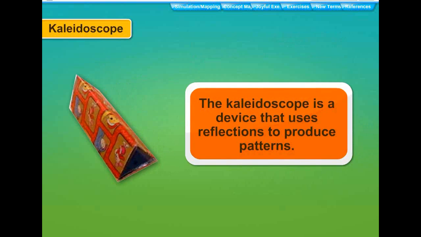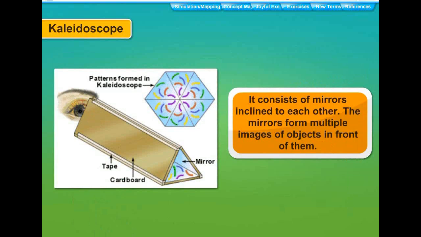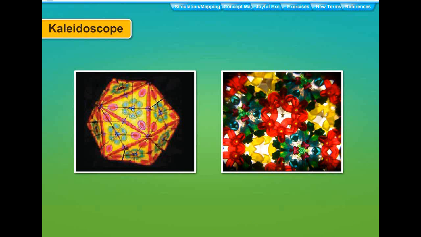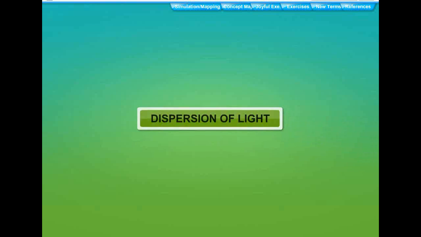Kaleidoscope. The kaleidoscope is a device that uses reflections to produce patterns. It consists of mirrors inclined to each other. The mirrors form multiple images of objects in front of them. This creates beautiful patterns, which change when the kaleidoscope is rotated or shaken. Dispersion of